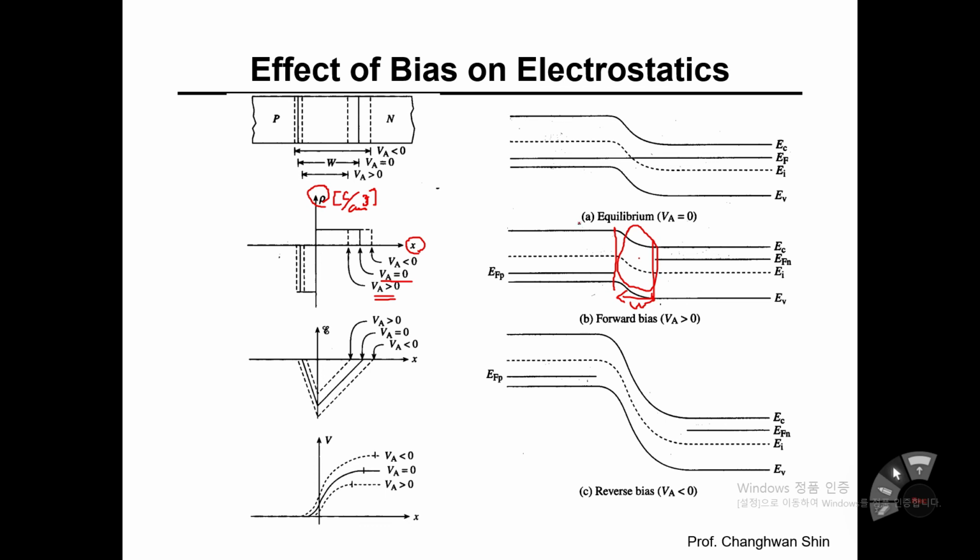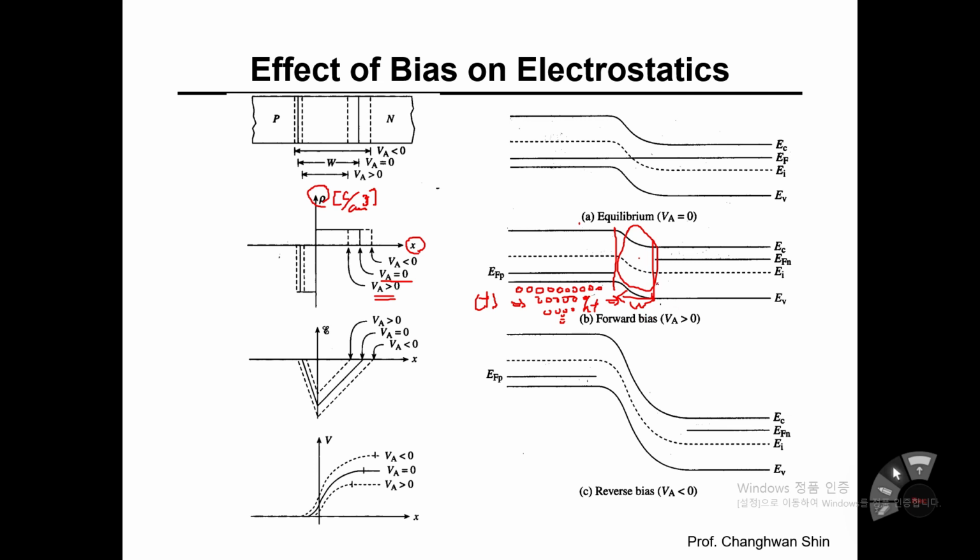That means on the P side, there is an abundant number of holes, and because the positive bias has been applied onto the P side, many holes diffuse toward